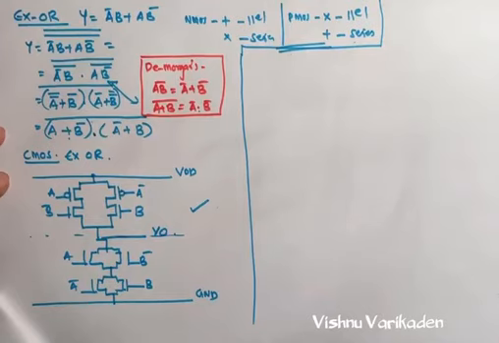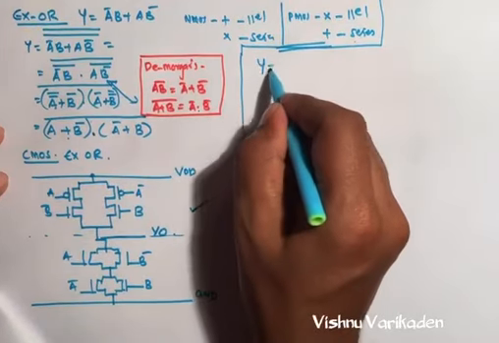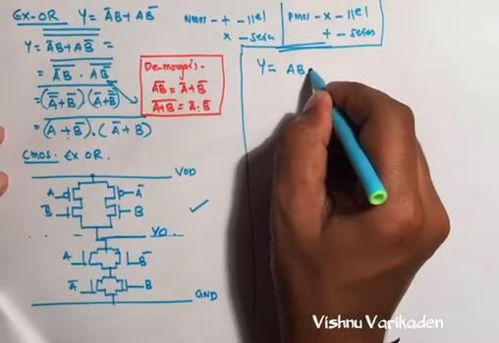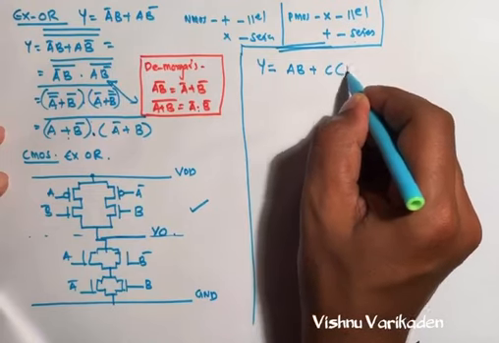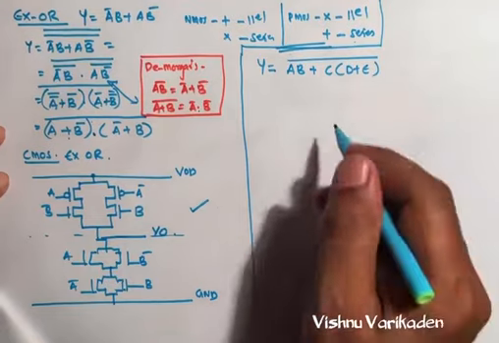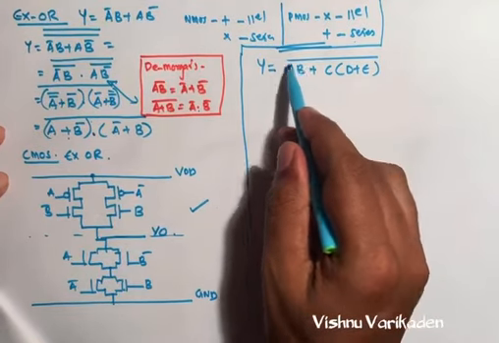Now we can write the equation for a simple example. Y is equal to (AB plus C) into (D plus C) the whole bar. So we can think about this. AB is